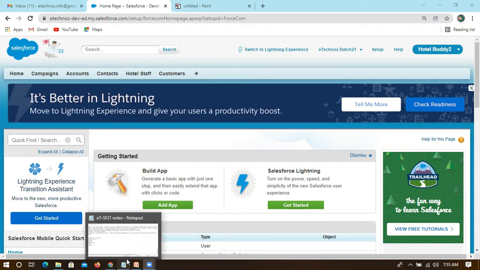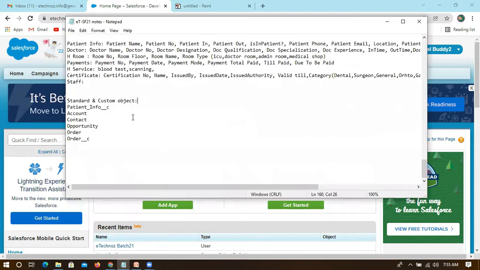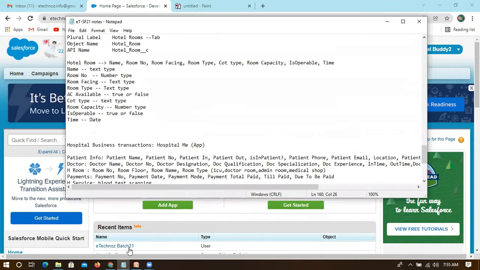Let's recap what we have discussed earlier. We have created multiple applications, two or three, in the system, and some tabs to check how they behave. If I want to create a tab, I first need to create an S object, and then create the tab. Without an S object, we cannot create a tab. We have created multiple S objects, which are memory spaces within Salesforce, and we have given them names.